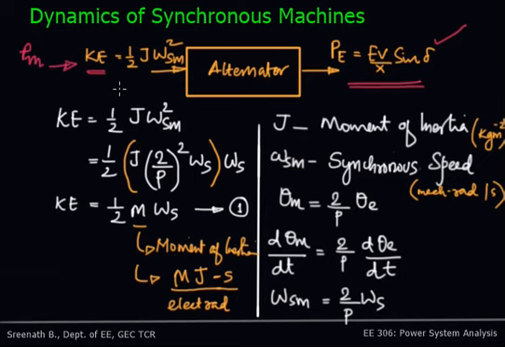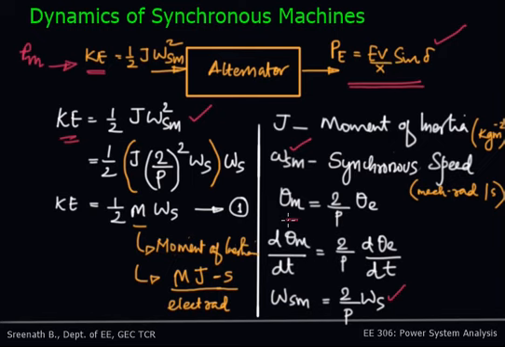Now the kinetic energy that is generated at the rotor of the alternator or the motor is given by half J omega Sm square, where J is the moment of inertia in kilogram per meter square and omega Sm is the synchronous speed in mechanical radians per second. Now you can convert your mechanical radians per second, that is omega Sm, to omega S,